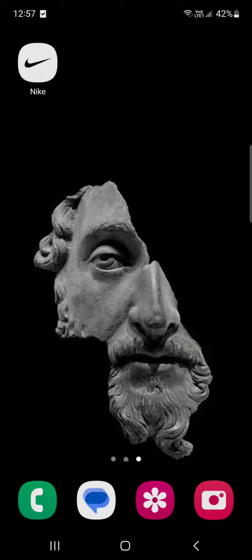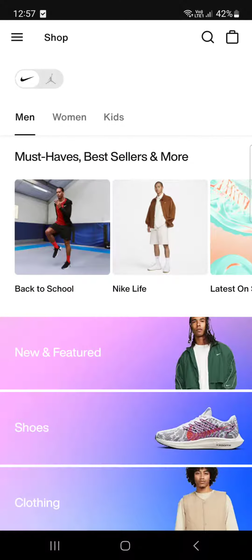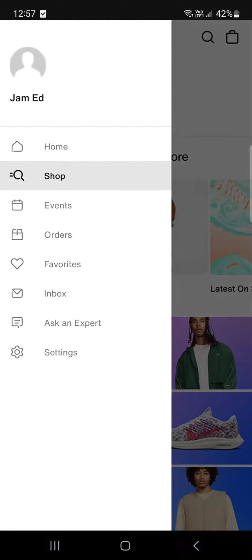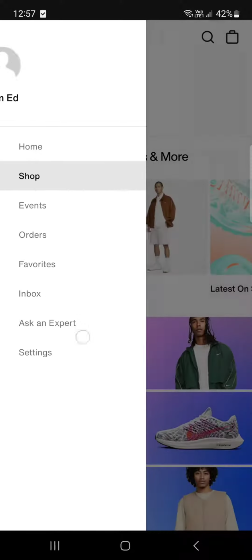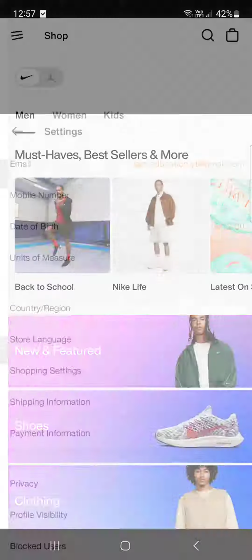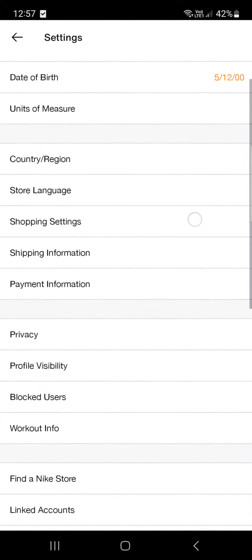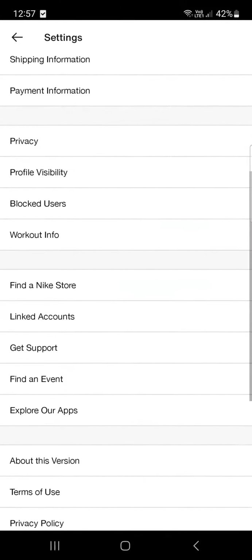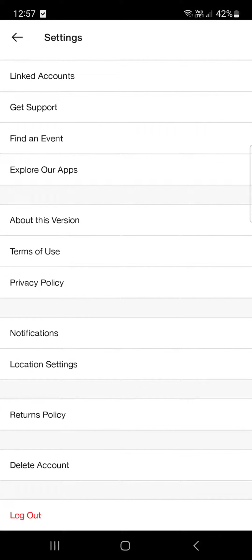First we have to open up the Nike app. Here it opens up in the shop menu. In the top left corner there are three lines, we have to tap on those. Then at the bottom of this list there is settings. We tap on that. Here we have to scroll down in this list, and at the very bottom we find